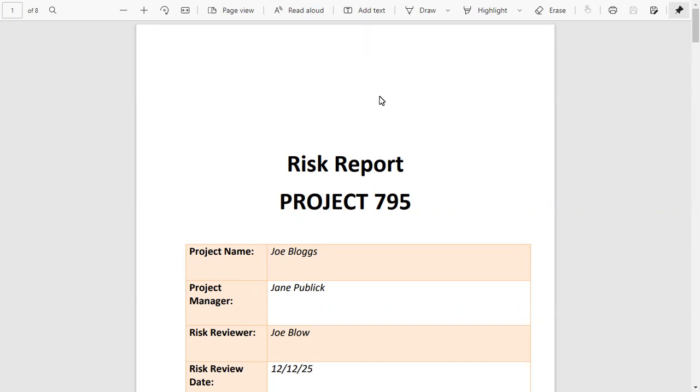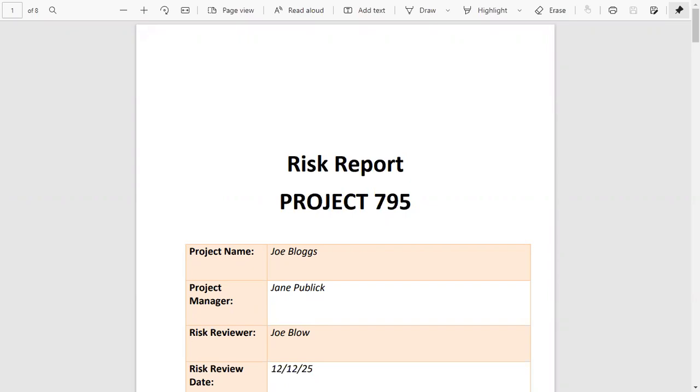Today, we're going to take a quick look at the risk report. The risk report is talked about in both the 6th edition of the PMBok Guide and the 7th edition of the PMBok Guide, but it's not broken down in enough detail to avoid confusion. So when you think about the risk report, it is a report that is high level and tells senior management what they need to know about the overall risk exposure and the overall state of the project from a risk